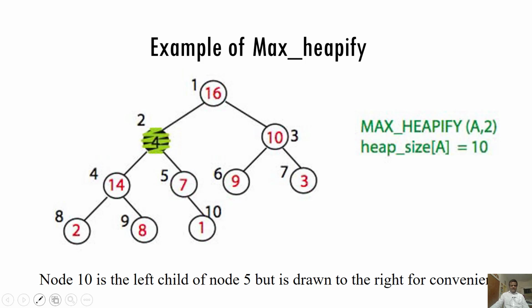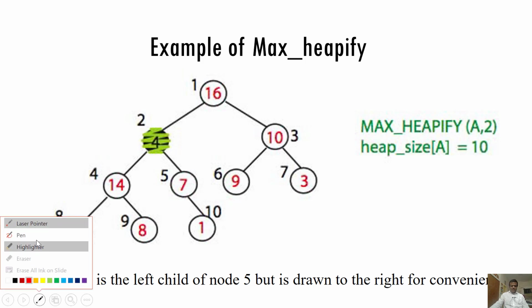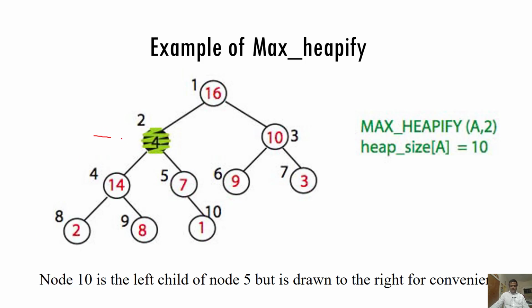So, here is a violation, at this level. That is basically i equal to 2. Now we want to call max-heapify on A, i equal to 2, but before that we have to check the assumption. What is the assumption? Because max-heapify can handle only one violation, we have to check whether everything is fine